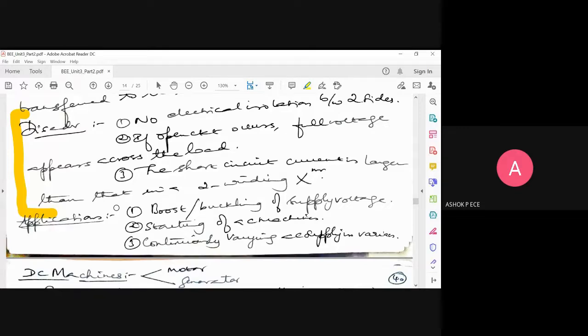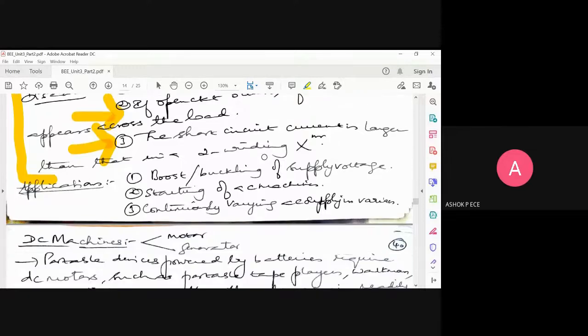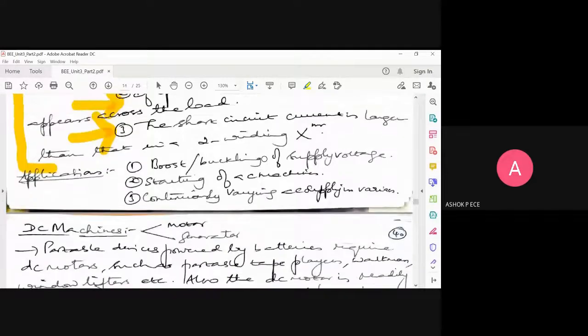So open circuit and short circuit are going to cause problems in your device very frequently. If you don't address these two issues of open circuit and short circuit, then this transformer is not going to ensure its purpose. The purpose of using this auto transformer is going to be lost. Okay, so with that we complete transformers in unit 3.